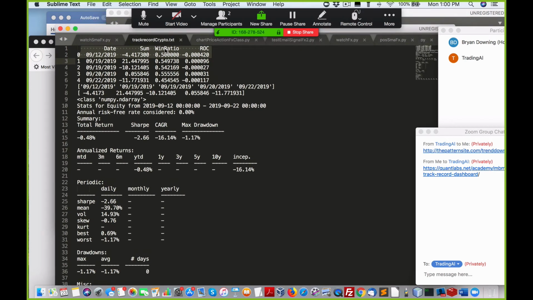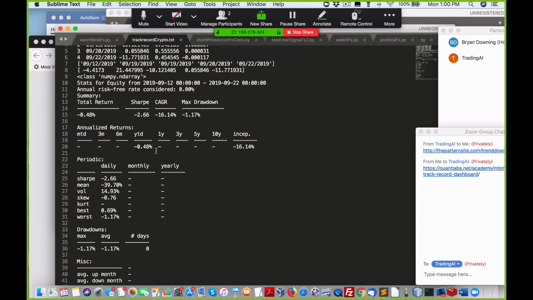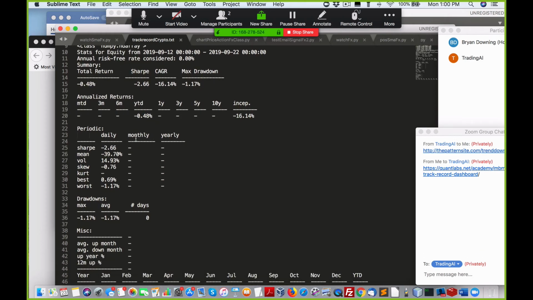You know what I mean? Mm-hmm. So right here you get to see what the win ratio and the rate of change for the day, and then it'll calculate all that fun stuff that you'd find in a typical professional level term sheet. Give you the year-to-date Sharpe, all the statistical, the descriptive stats,